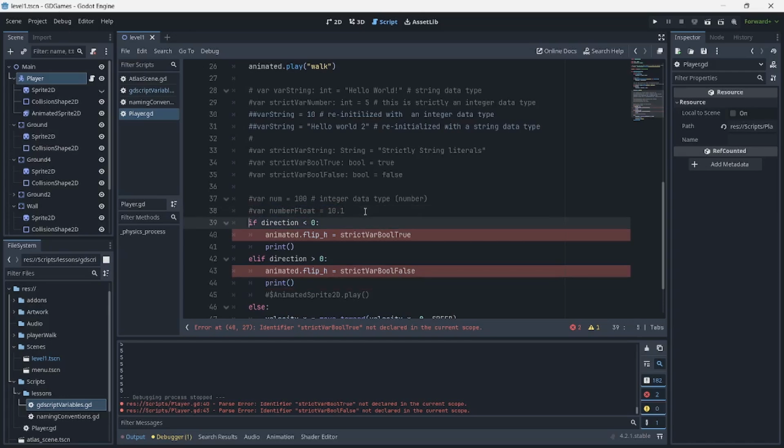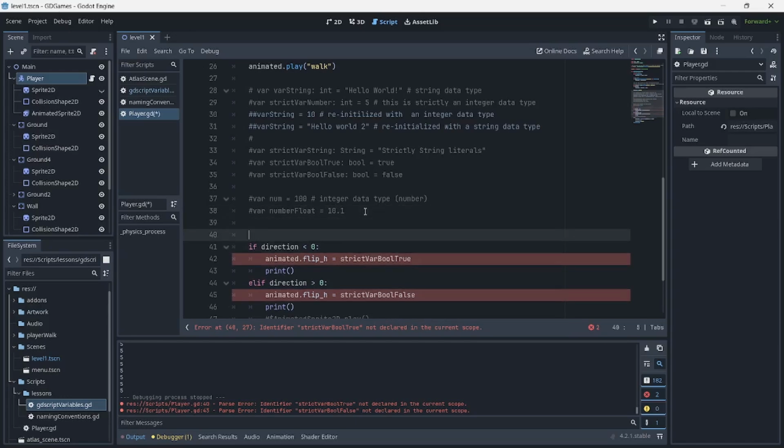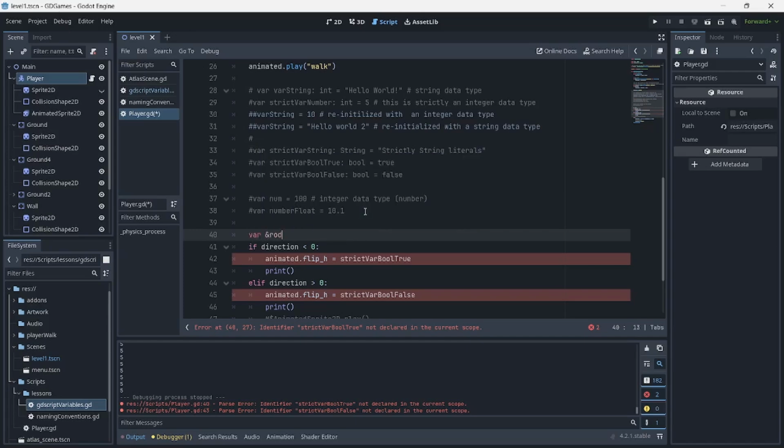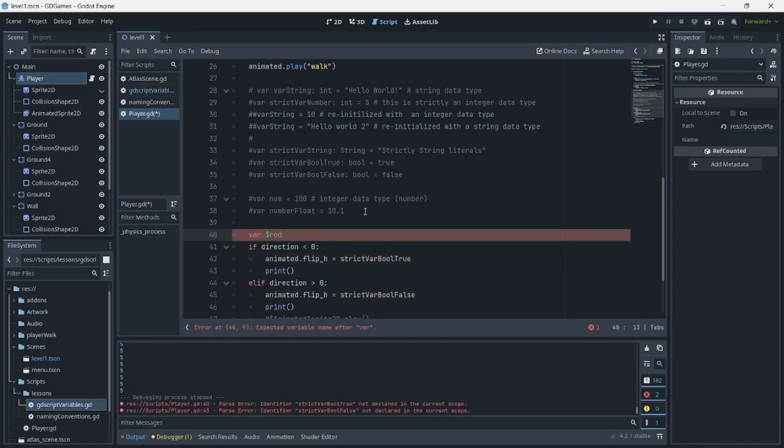So identifiers, when we name variables, can we name them with a dollar sign? var dollar sign rod, assign the value of rod as a string. Will this work? No, after var. Okay, so that's not possible if we start with a dollar sign.